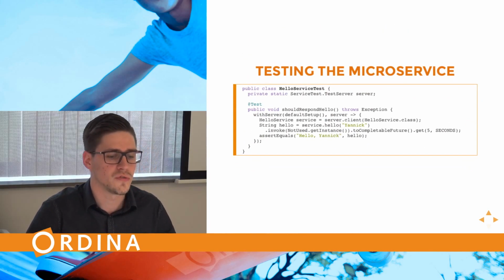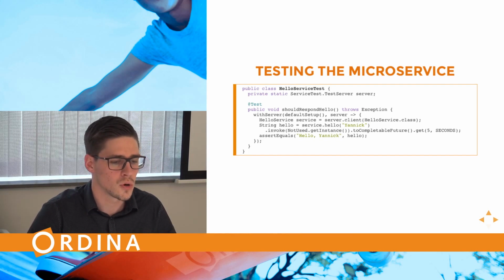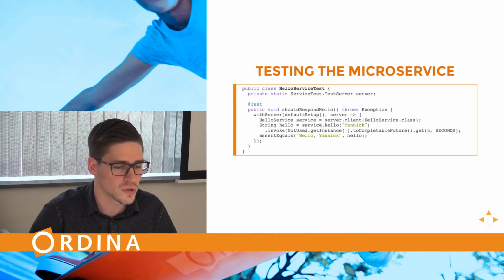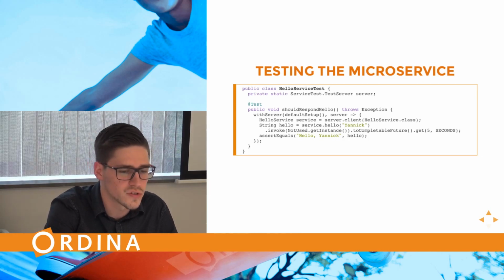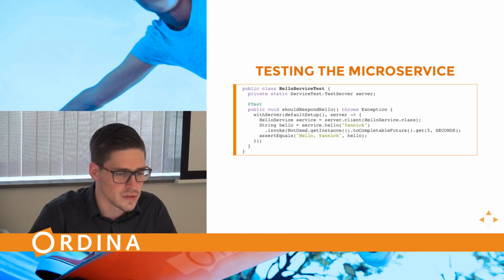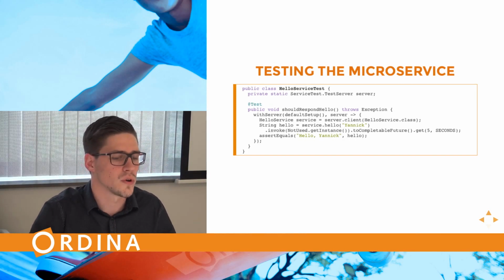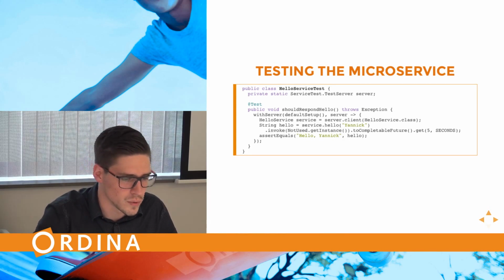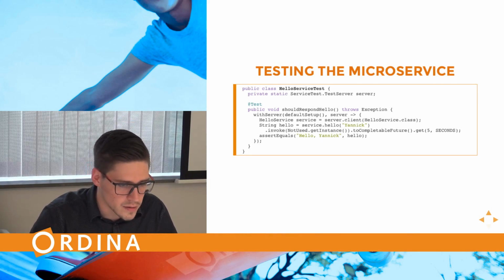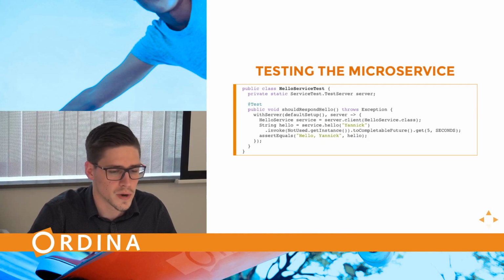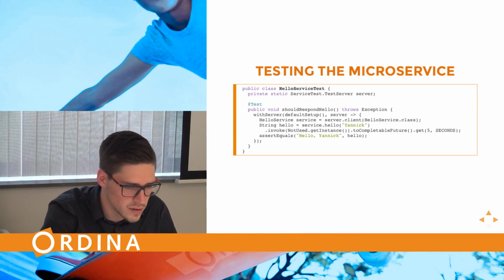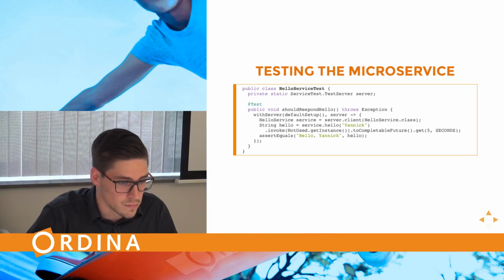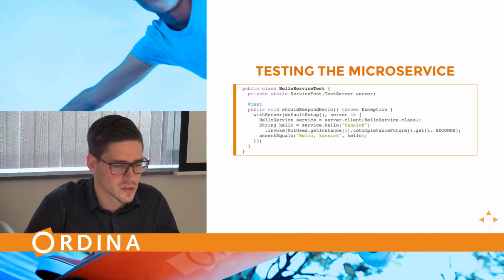For testing the microservice via a unit test, Lagom comes with a couple of utility classes, such as the ServiceTest.TestServer class that we have here. With this class, you can start up a basic server to be used within your unit test. Within the test we start up with a default setup, and then we pass on the server as a parameter, and then we can use the server to look up a client. In this case, we have the hello service client that we are looking up, and then once we've retrieved the service,